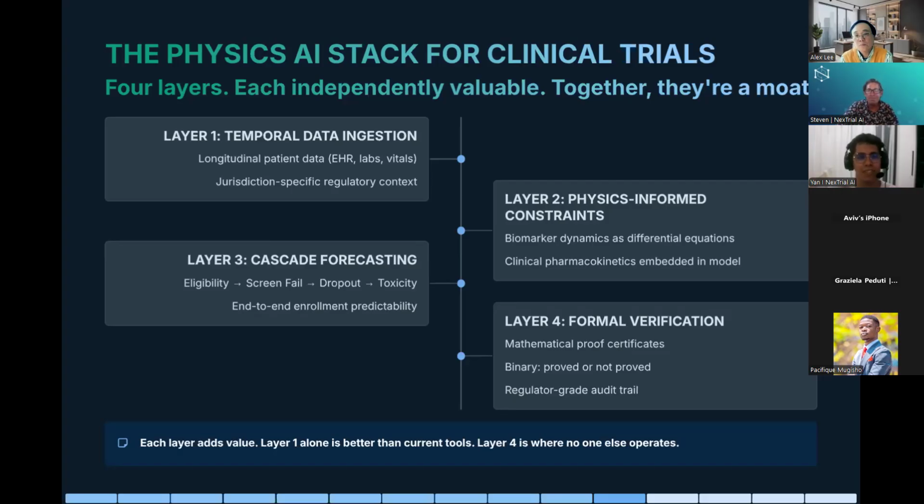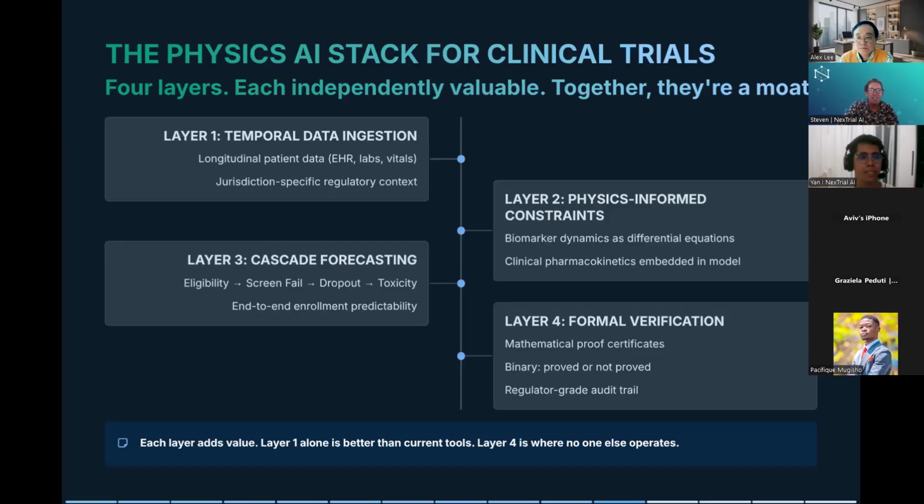When we are saying physics, we have the equations that describe the clinical pharmacokinetics, for example, but it's not exactly the equations that are important here in the physics constraints. The physics constraints are the patterns, the limits that need to be obeyed by the model, the things that cannot be surpassed or underpassed by the model because they can violate real laws or real protocols. So all of the things that cannot be disobeyed or cannot be wrong in any specific way, we are adding here after we have the data ingestion part.